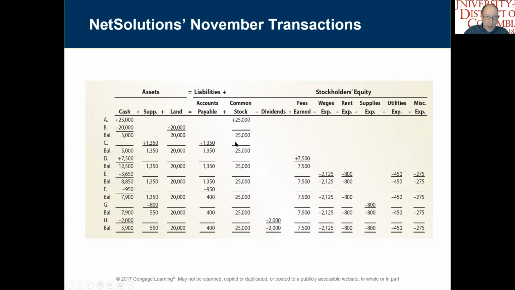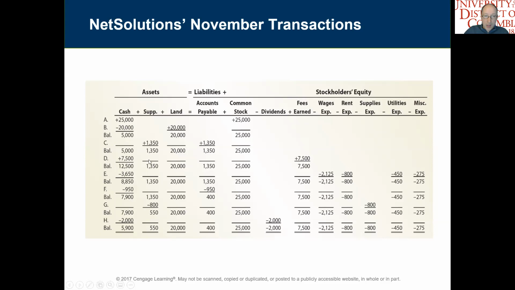The next thing that happened, it looks like we made a sale to a customer for $7,500. That's transaction D. We made a sale for $7,500, and that sale was made for cash. The customer paid us cash, $7,500. We increased our sales account, which is our fees earned, by $7,500, bringing our cash balance up to